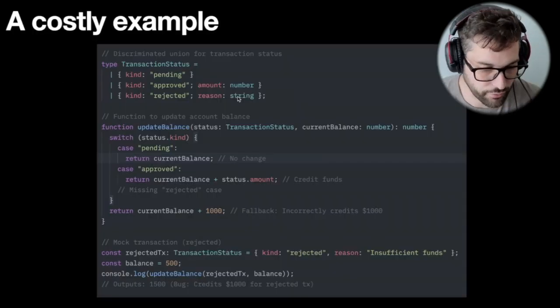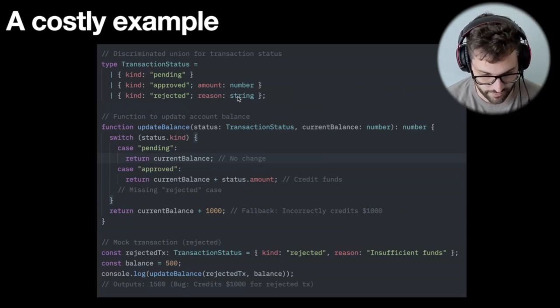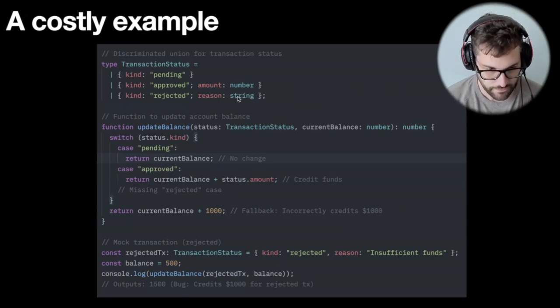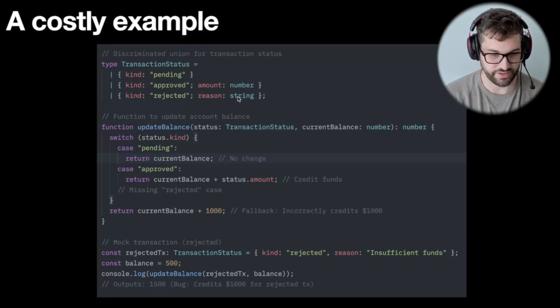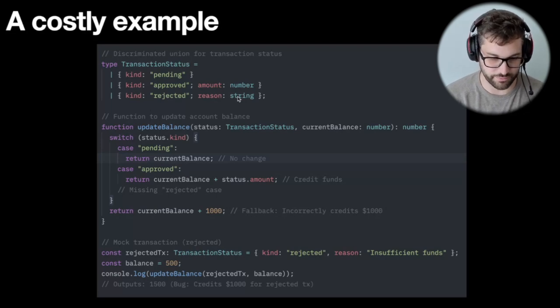All right, let's go through an example in TypeScript that I'm calling a costly example. So here we have the transaction status type. It's a union, and we have a function called update balance, which takes in the transaction status and the balance number and accounts for a few cases, not all cases, but a few cases, pending, approved, and what's missing is